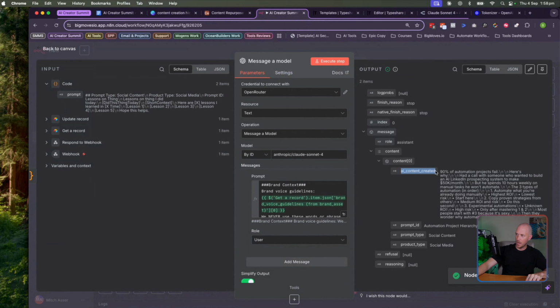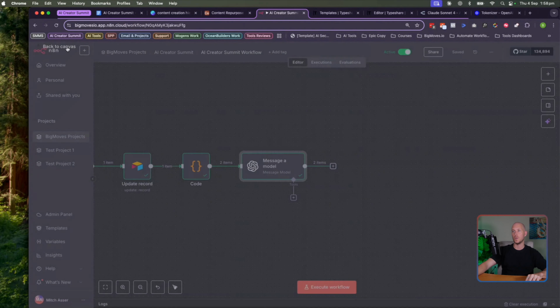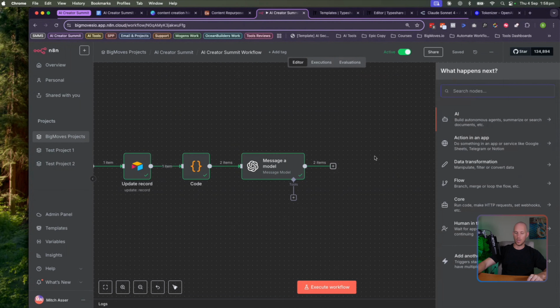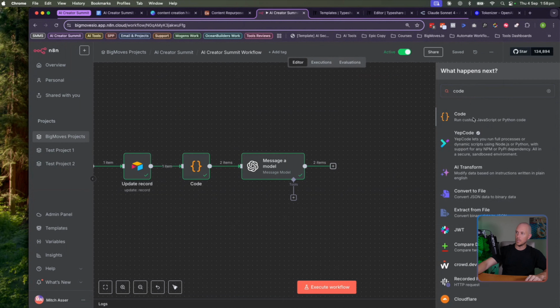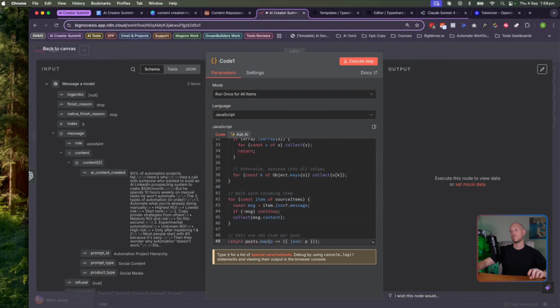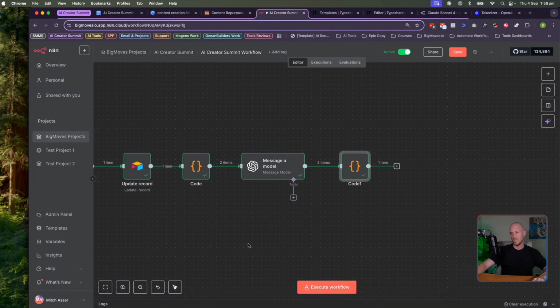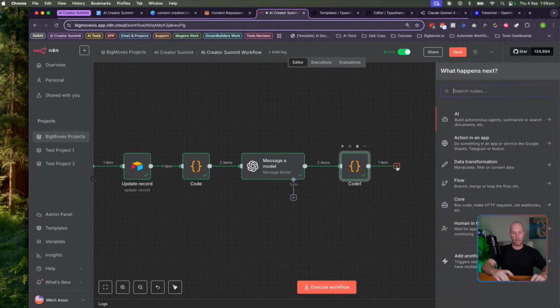So you can see here now we have the AI content generated. We have our prompt ID, product, prompt type, and product type. So all of these are now variables we can use very easily. Now, there is another code node that we need to use, which is just normalizing that JSON. I'm not going to go too far into why we're doing this, but it just allows the details to be used back in Airtable a little bit easier. We're just getting some errors on that when we're building it out. And now we can send it back